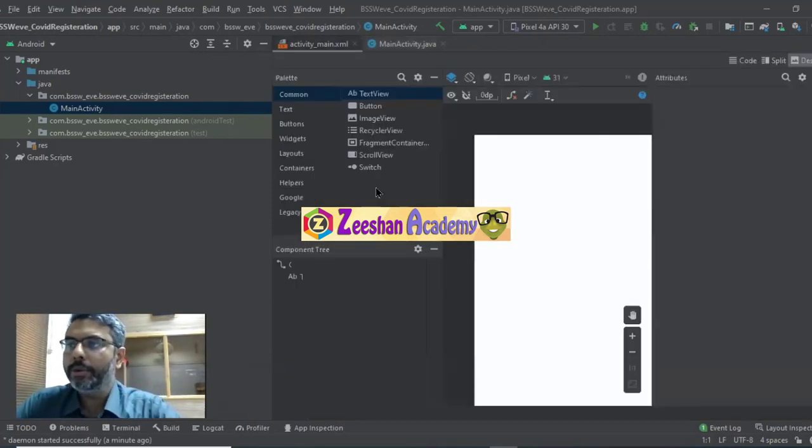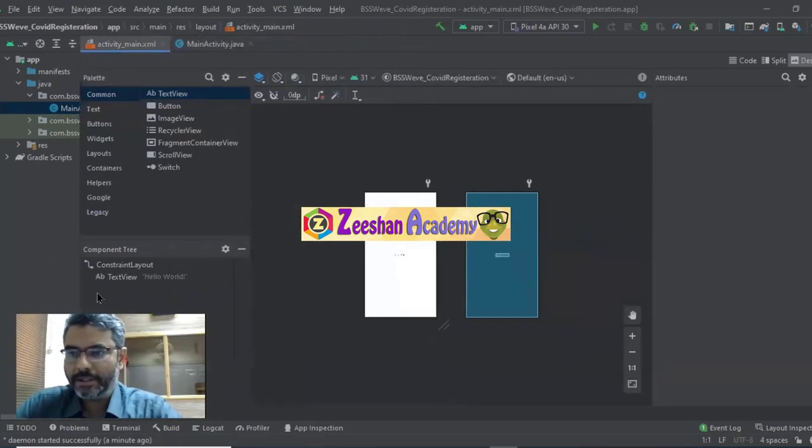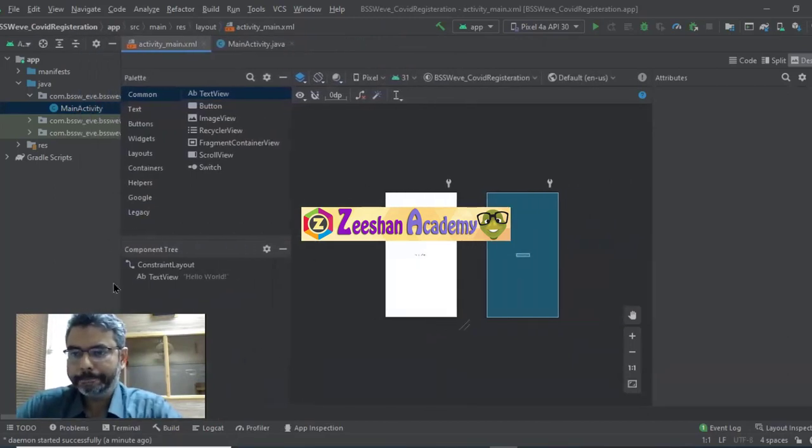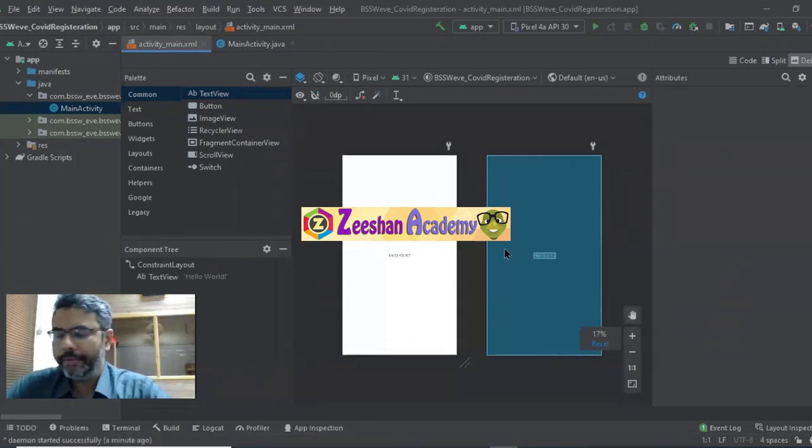So what we do is we come to our activity main class, and let me just minimize this to a certain next point. Okay, so now as you can see, we already have these components, basic segments are available, and everything is